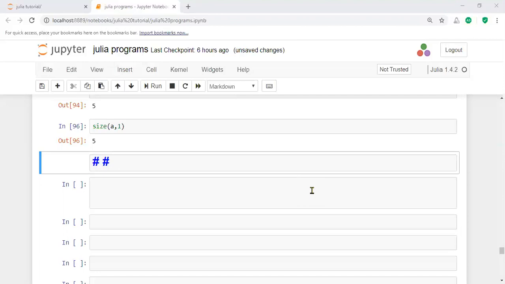Then x to the power y, and then x percentage.